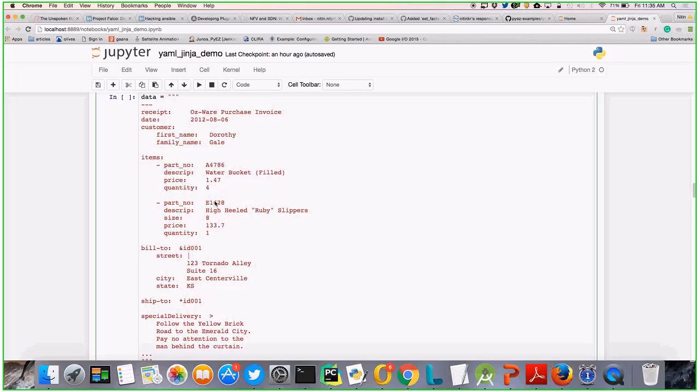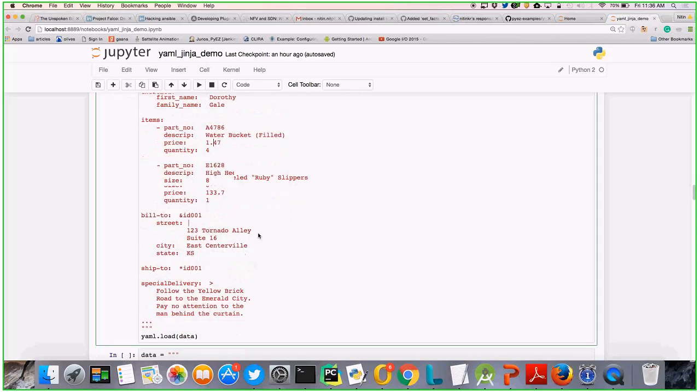So this whole street and city and state will be put to this zip2, right? The way we have permanent address and correspondence address, we tick mark and then the same thing goes into it. That is what we are doing here. Similarly here, this is one whole content. To put a string, list of strings or lines, we just mark it this way. This just means that this whole string belongs to this value. So this special delivery will have a value, follow the yellow brick and all.